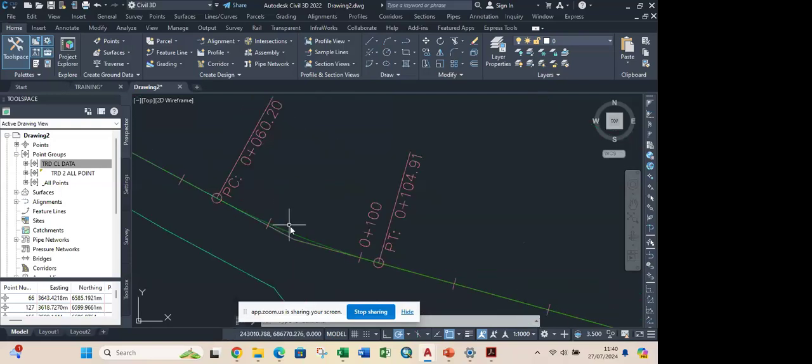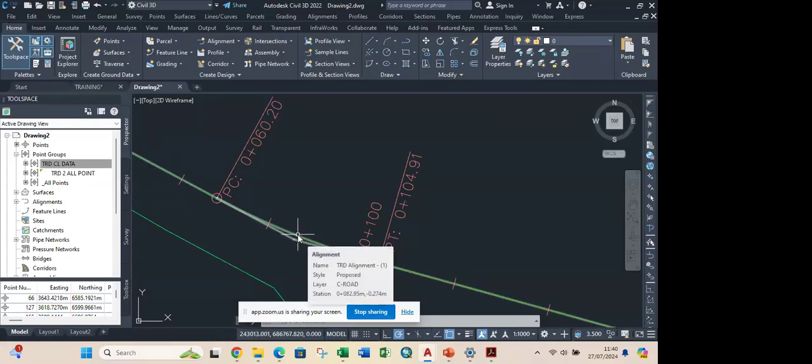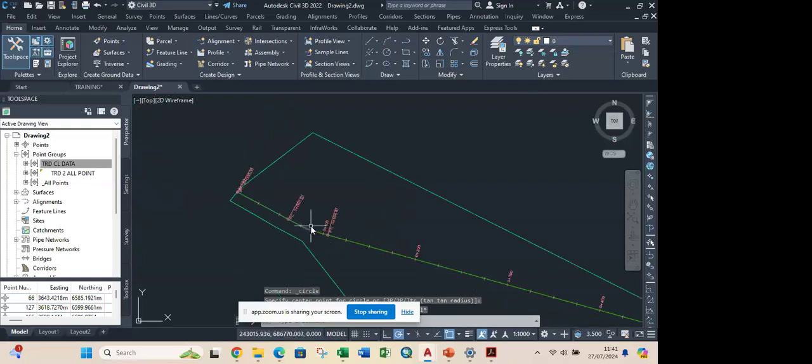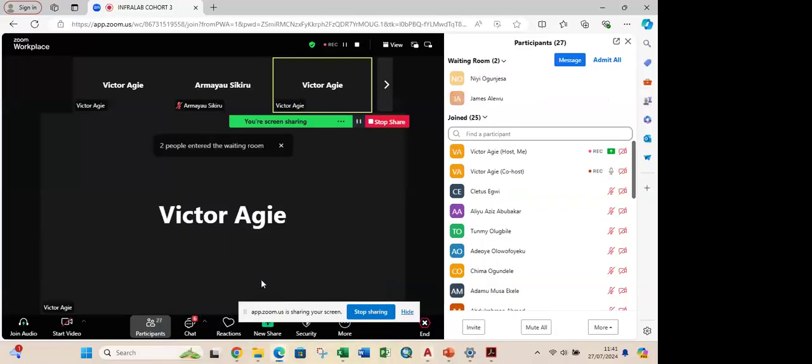Now, to check whether my radius actually meets the criteria. If I design this road and the radius is not meeting the criteria, at this point of intersection here, you get an arrow sign to pop up a message somewhere here, showing that the radius is below the required standard for the road. Either you go and increase it or you work on it. So to do that now, to check my radius if it actually meets the criteria,